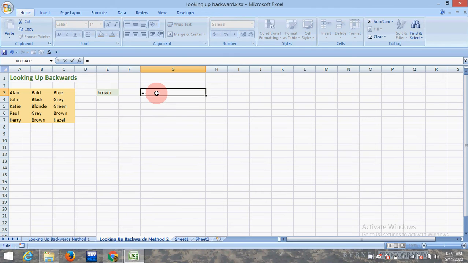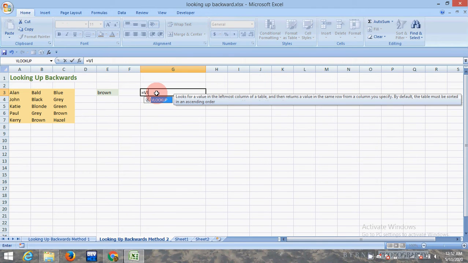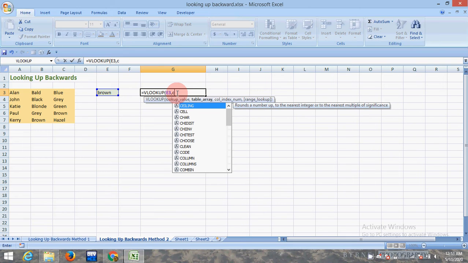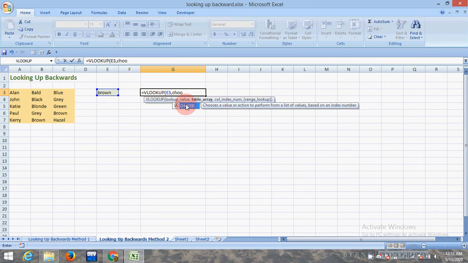Here we introduce VLOOKUP. What value do you want to look up? We want to look up brown, who have brown hair. So here we incorporate the CHOOSE function.